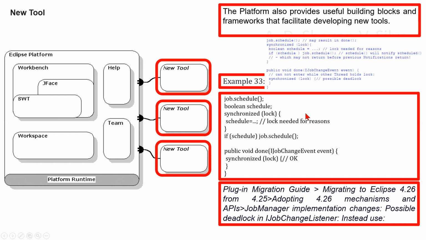In adopting 4.26 mechanisms and APIs, in migrating to Eclipse 4.26 from 4.25 in the plugin migration guide. Attention, the job manager implementation was changed. The old job manager implementation notified IJobChangeListener